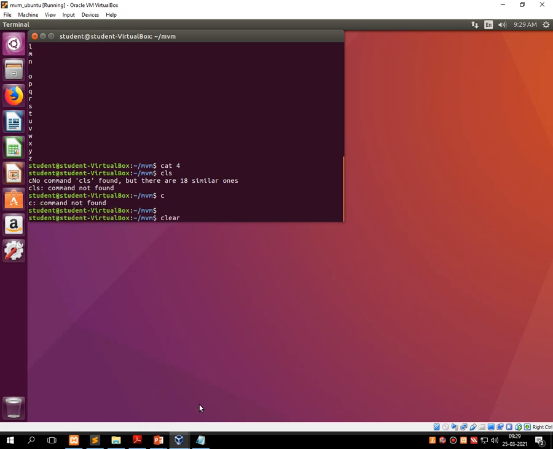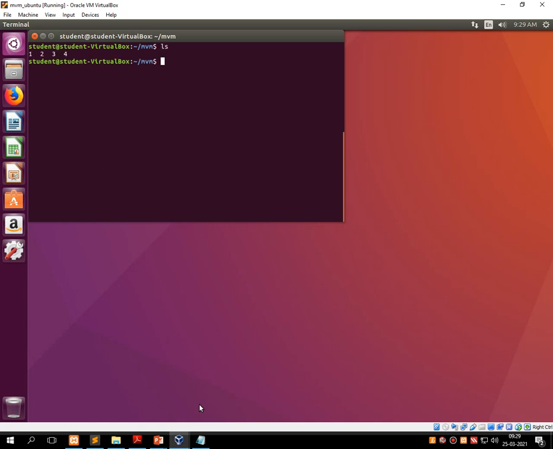Now, what I am doing is, here I am writing cat less than 1. It prints the content of the file onto the screen.